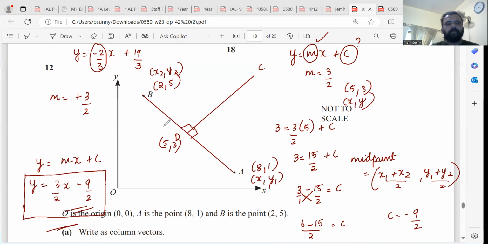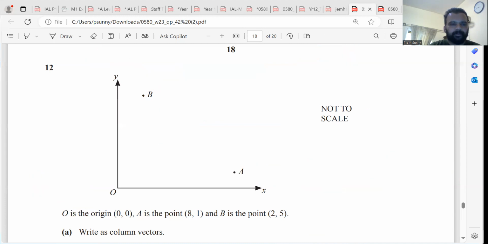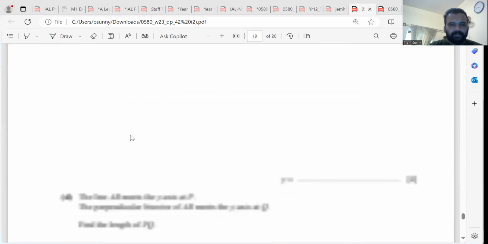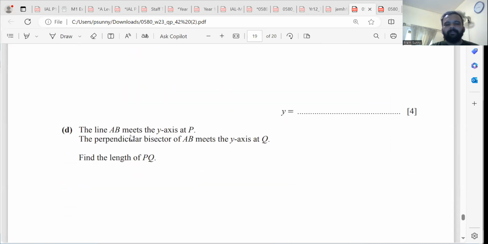So now the final part which we have here will be to... The line AB meets the y-axis at P, and the perpendicular bisector of AB, that is the line CD, meets the y-axis at Q. Find the length of PQ. So now